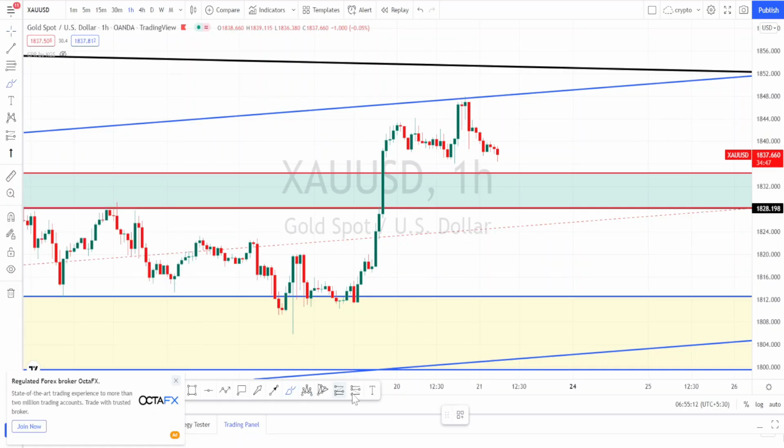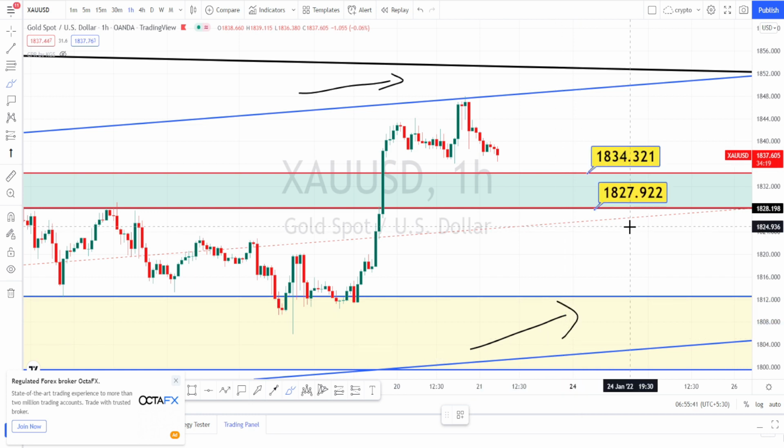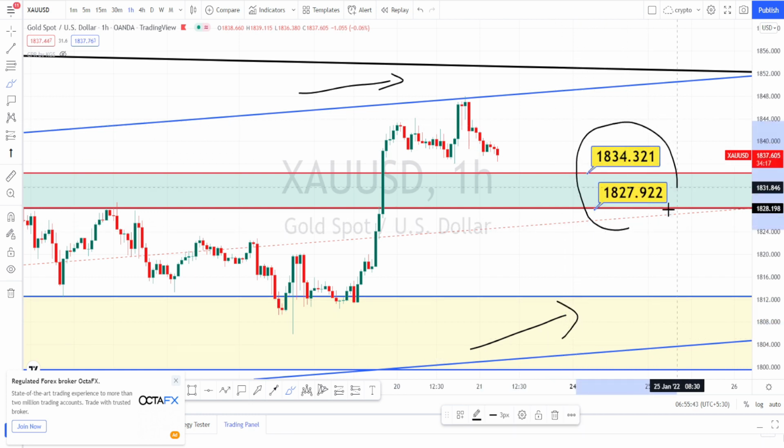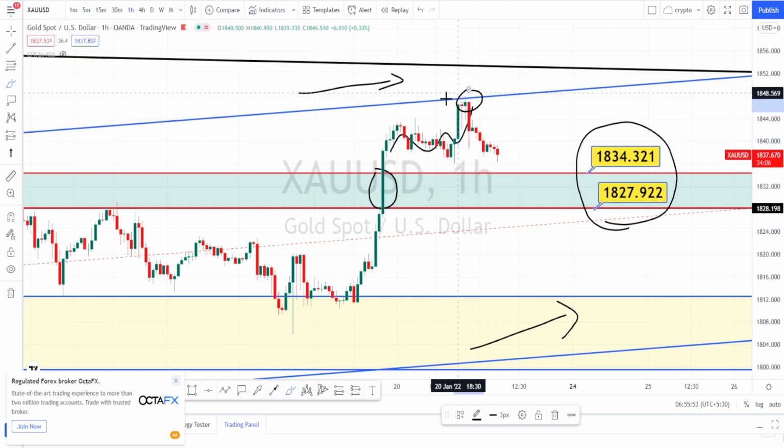I'm in hourly time frame now. As we already know from the daily time frame, the current price action is trading within a bullish channel pattern. Within this bullish channel pattern, the price has broken this resistance level of 1834 and 1827, but after breaking, it couldn't continue its bullish trend and took resistance on this bullish channel pattern of the daily time frame, and it